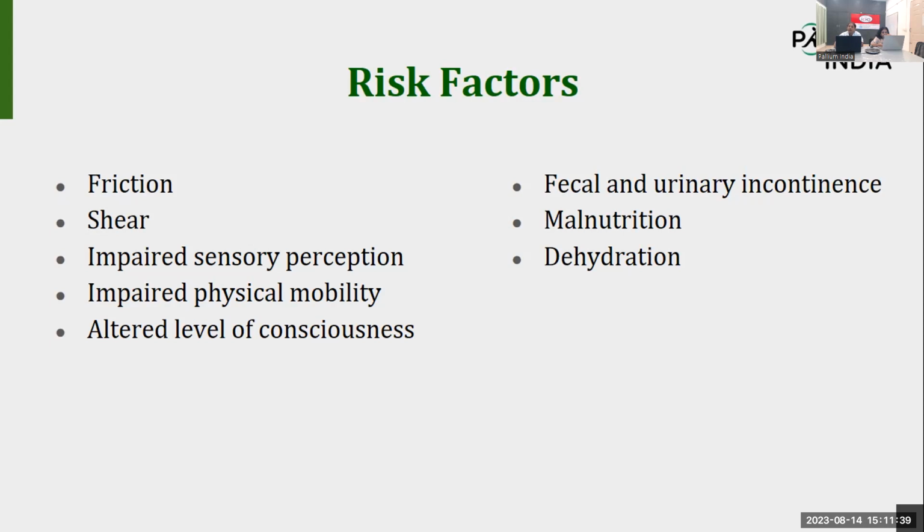Dehydration, dry skin can also lead to pressure ulcer, right? Then excessive body heat, this we are also aware of, whenever the patient is in the ICU, especially because of AC and all, right? The patient will be in contact with the bed surface, and they will be draped with sheets and all. So the excessive heat of the body will cause bed sore, right? So we have to consider that as a main risk factor. Then age, advanced age, because of improper nutrition and dehydration, can also lead to